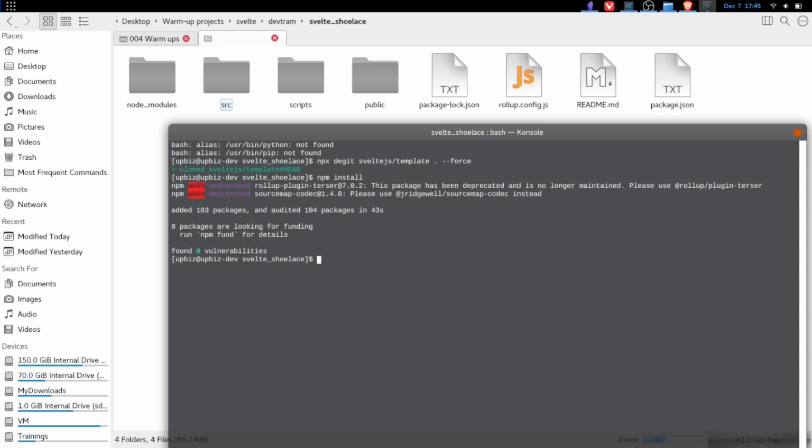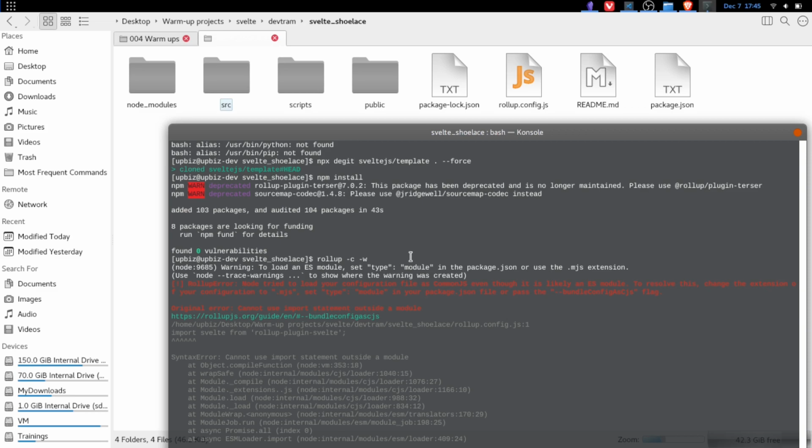All the dependencies get installed. So just to start this project, to see if it's working or not, I just have to type rollup -c -w. C stands for config, W stands for watch. So for C I'm using the config file, I think this is just rollup.config.js, and W for watch will automatically watch for changes happening in our app. Hit enter,